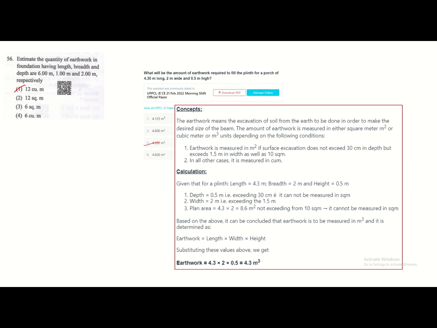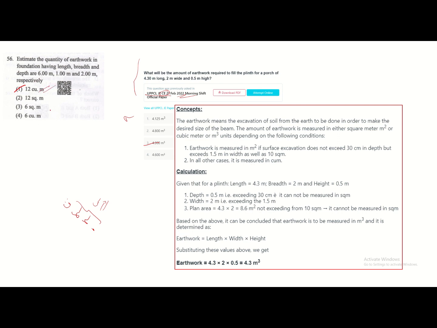Next one is your estimation of the quantity of earthwork. This is very simple. A similar question was asked in the public service exam in civil engineering in 2021 recently. So I am suggesting that when you go to other subjects beyond our subjects, such as civil engineering, mechanics, soil mechanics, strength of materials or building, please go through the civil engineering materials because we don't have sufficient books on this. So the answer is meter cube, not square meter.